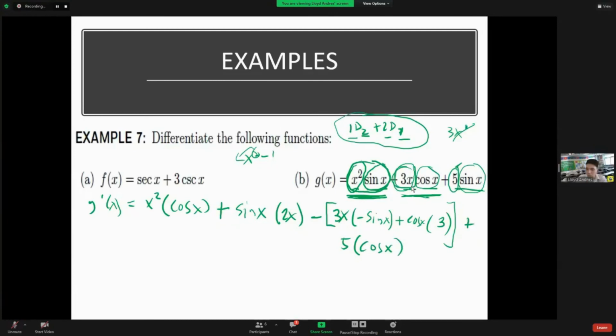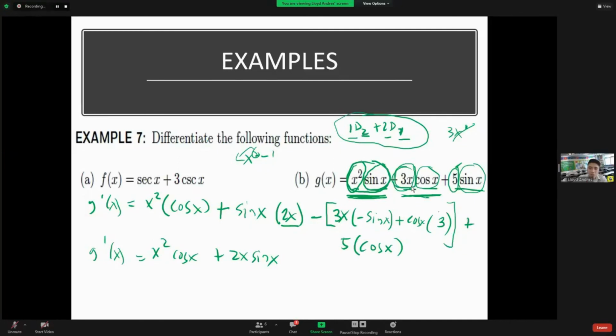So, that's the process. What we'll do is simplify it, which is, it becomes x squared cosine x. Preferably, we do the algebraic first. So, we'll do the 2x first before the trigonometric. And then this,